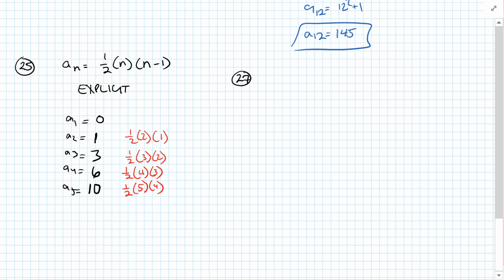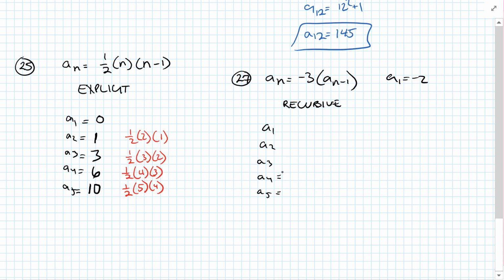27. a of n equals -3 times a of n minus 1. a of 1 equals -2. Well, that's recursive because it has the a of n minus 1 in the equation. So a1, a2, a3, a4, a5. They spotted us a1 at -2. So when we plug in that,